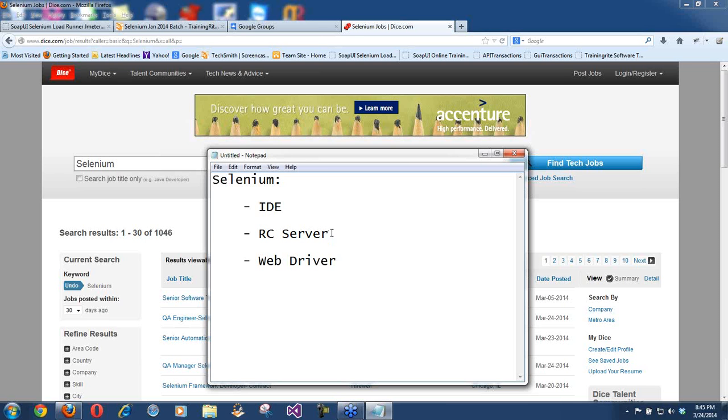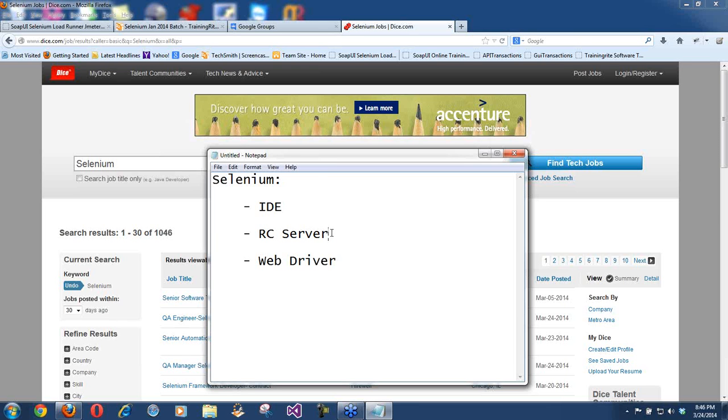Then you may ask, why are you even bothering covering RC Server? I would say I'm going to keep it to a bare minimum. The reason is you might walk into a situation where they already have RC Server,